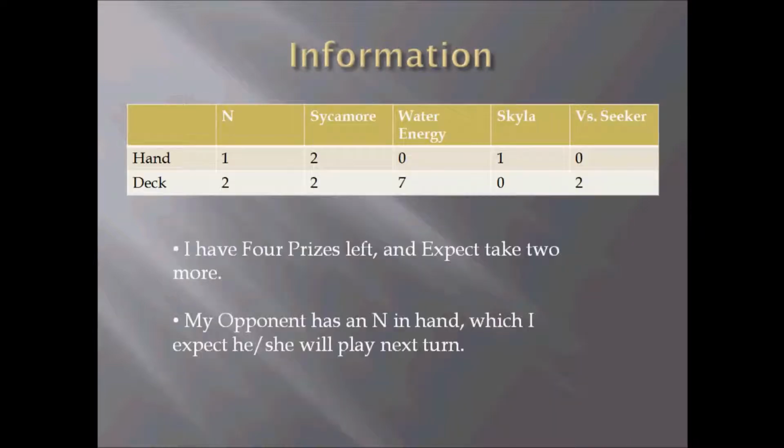Now I looked through my deck, I sped that up, but this is what I found. In my hand I had 1 N, 2 Sycamores, 1 Skyla, and 0 water energy. Now I really want a water energy. In my deck I had 2 N, 2 Sycamore, 7 water energy, 0 Skyla, and 2 Vs Seeker. I would be happy if I have any of these cards in my hand, because that means that I'll have